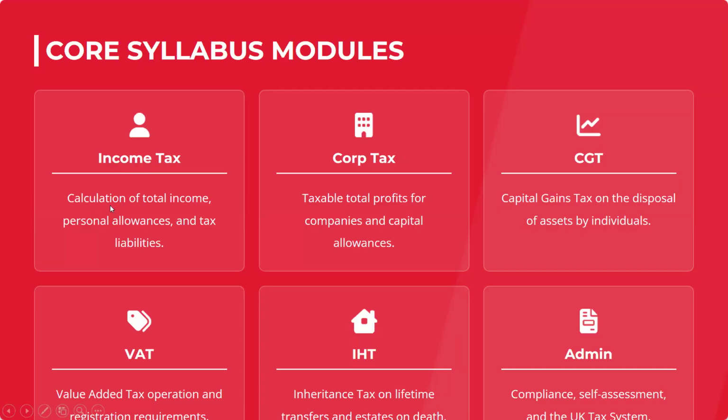Now, what should a student be able to calculate or do in this exam? You should know how to calculate the total income. Then you should know how to apply the allowances. What does an allowance do? In tax, it reduces your income. Now, if my income is 50,000 pounds and I'm getting an allowance of, let's suppose, I'm just giving an imaginary figure for now, 12,570, my income will reduce. But what's the benefit of this to an individual? Why have the tax authorities given this personal allowance figure? The benefit is that the less my income, the less tax I'll have to pay.